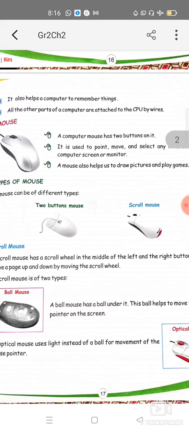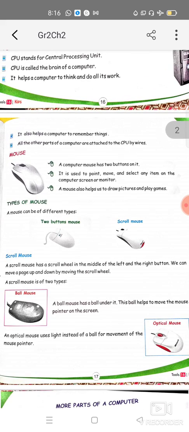So what is a mouse? I hope you all can understand that mouse is an input device. We don't get any result displayed on the mouse. We do click from mouse, we do double click, we select the things, we open the files, we make drawings. So you are using it for instructing the computer, so that means it's an input device. A mouse is an input device.